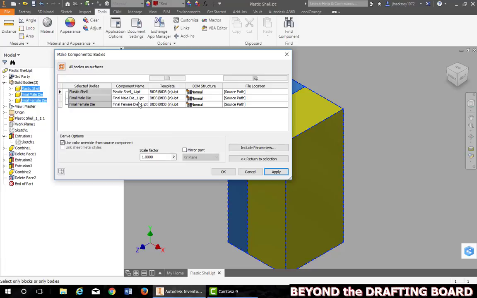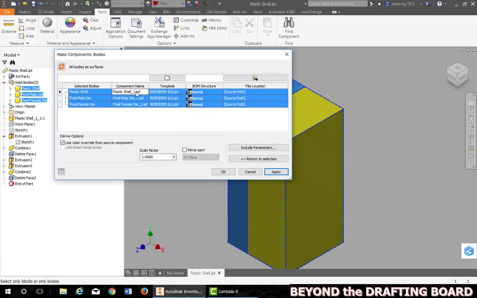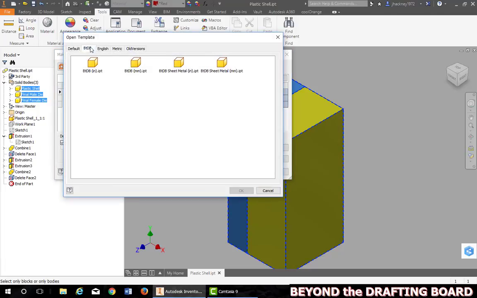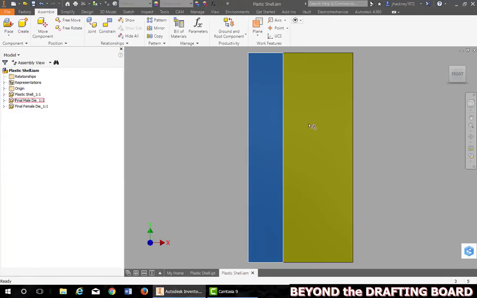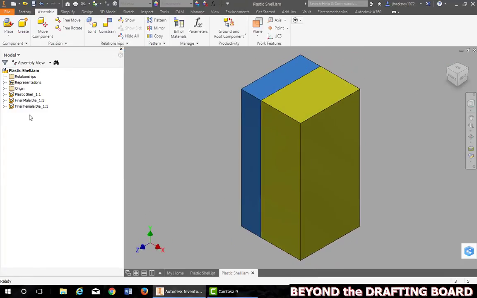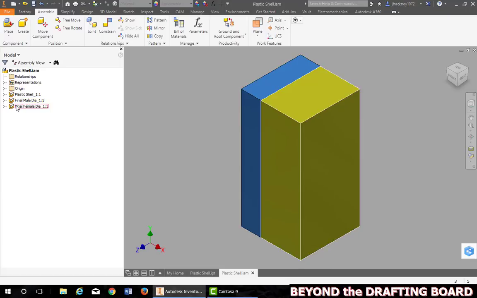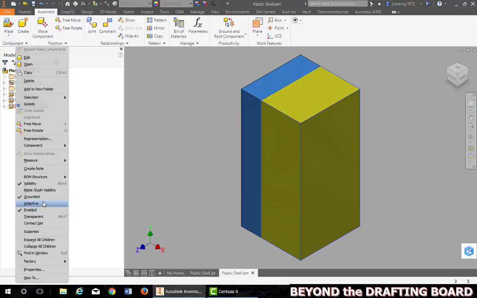Same thing with the templates here. Select them if you need to change it, and browse for your template. If they're in your template, they'll be assigned automatically. Say OK, and you now have your completed assembly and your 3 parts. They're all grounded, and I want the male die to be grounded, so I'm going to go ahead and unground the other 2